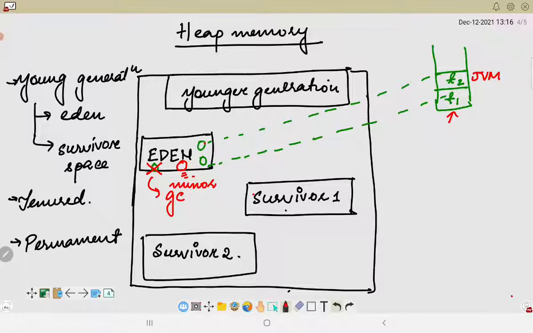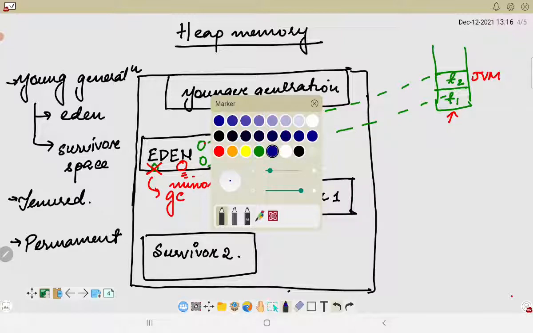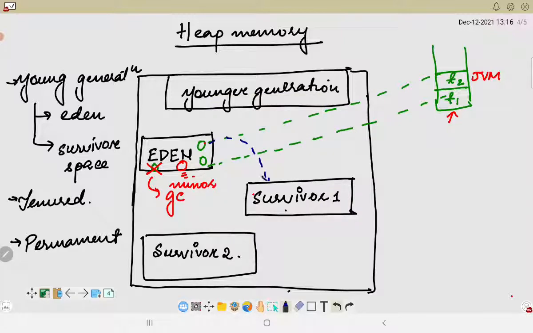That means these objects will now be pushed to the survivor spaces. We will not go into much detail regarding the survivor space, but you just have to understand that the copy is sent to the survivor spaces.